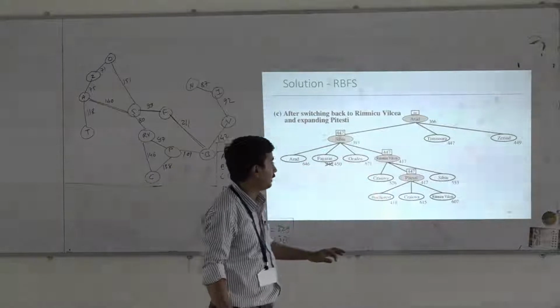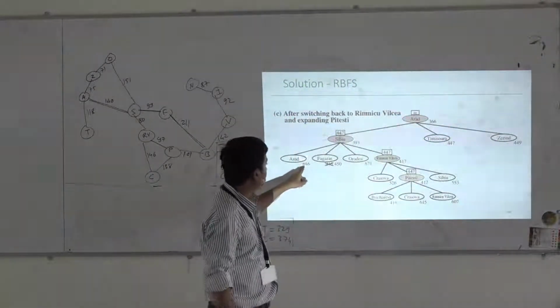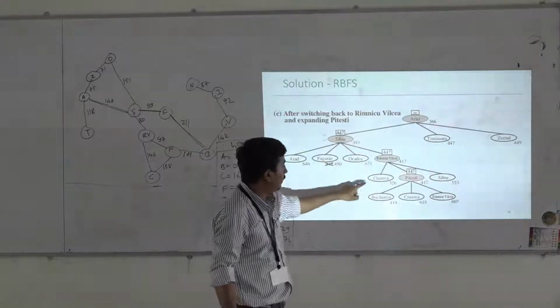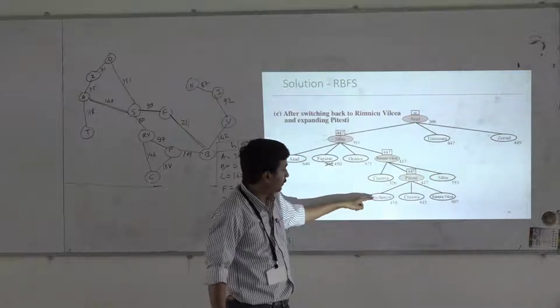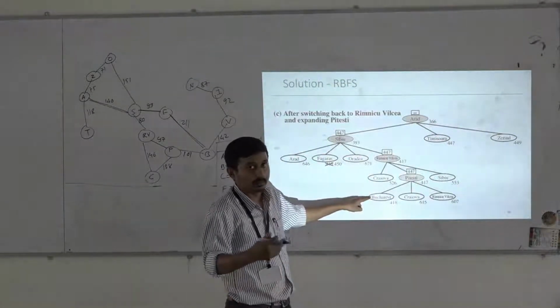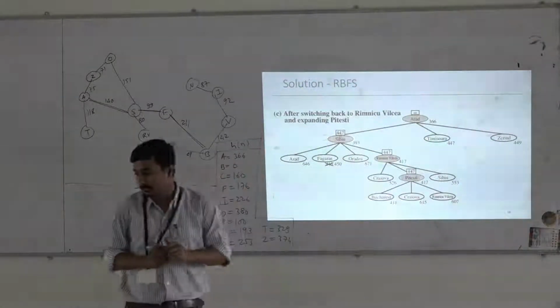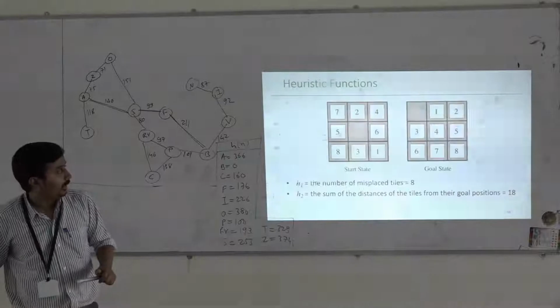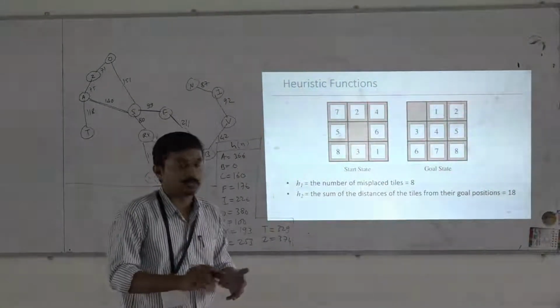So 447. Now expand this and we get this one, and if you compare the f value of all the unexpanded nodes, this is the minimum one. So that's why we have to select this for expansion, and we will apply the goal test at the time of expansion, and it is a goal state. So we are getting a goal state now. Okay, so we will stop there. In this way we have completed informed search now.